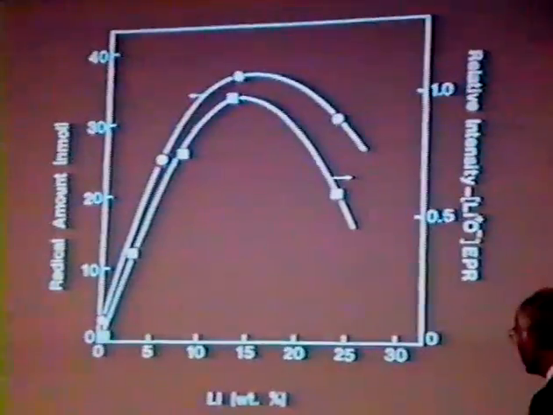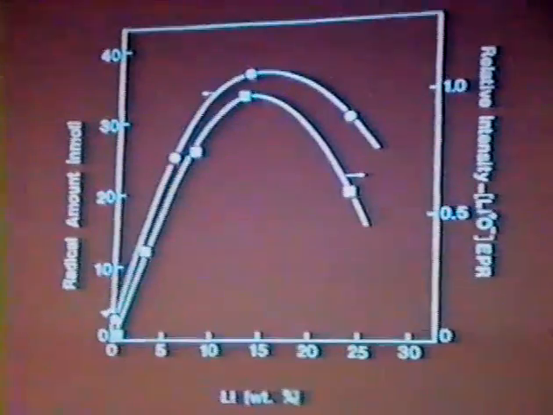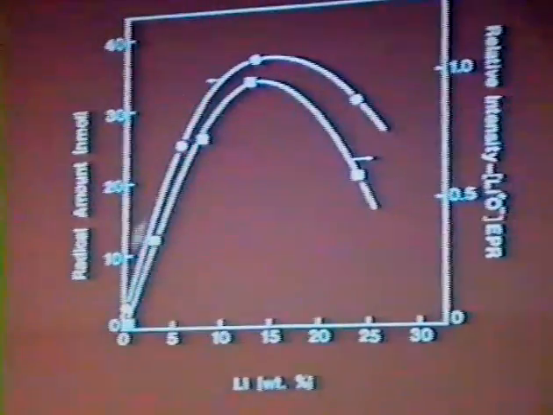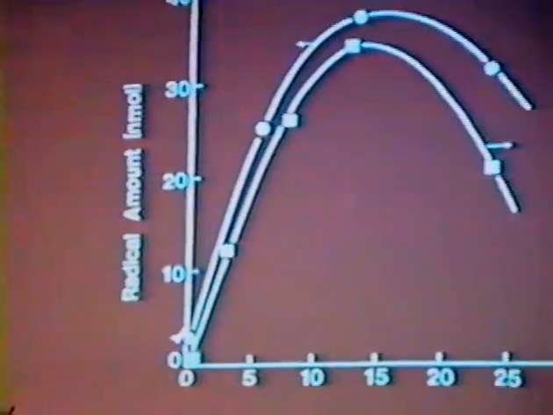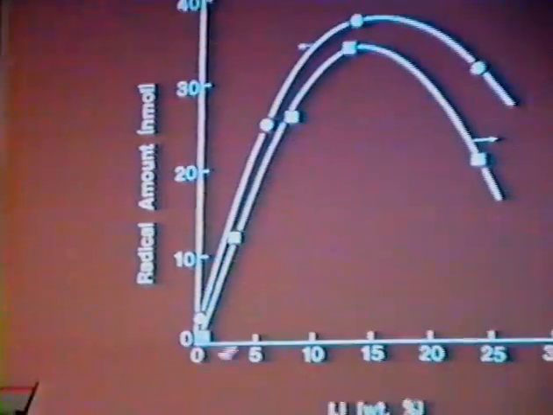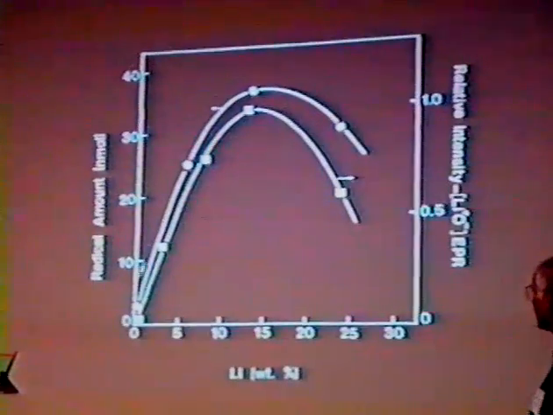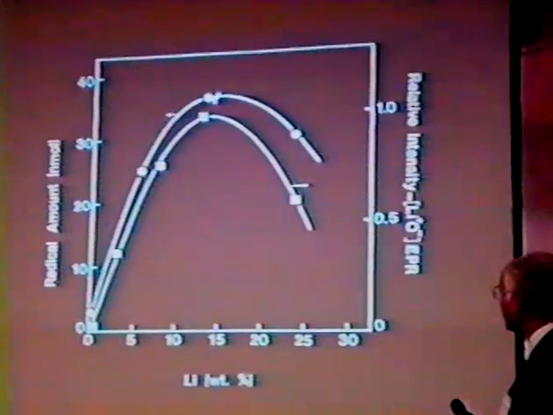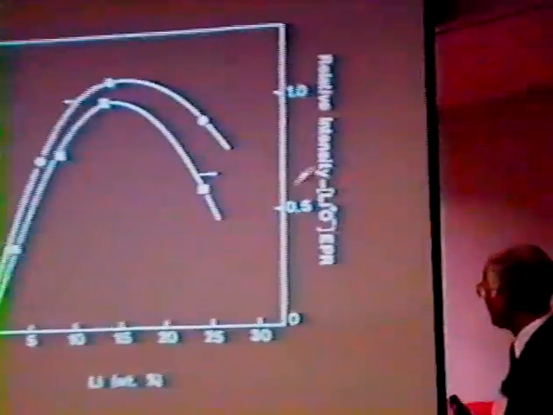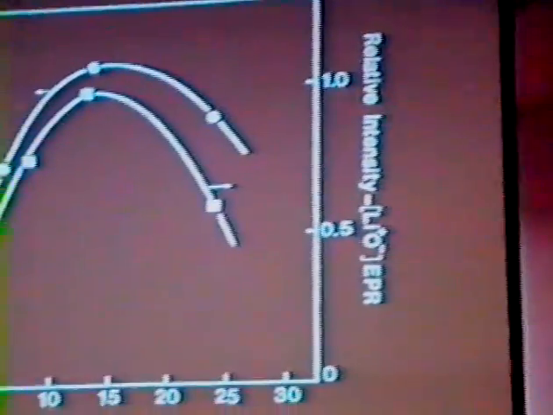We early on found that lithium increased considerably the ability of magnesium oxide to generate these methyl radicals. This is the concentration of methyl radicals that are observed on pure magnesium oxide. As we began to introduce more and more lithium, and now this is lithium ions, this is lithium carbonate, the numbers of radicals increases by about an order of magnitude. Likewise, the center which we propose as being responsible for the generation of these radicals also increases.